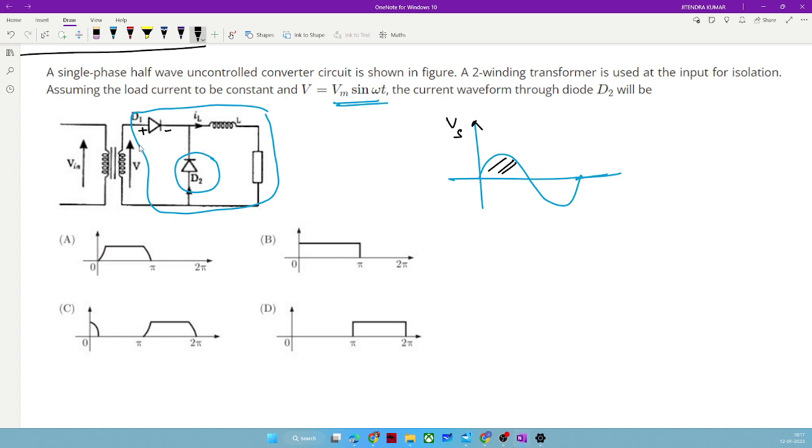How come? Because you see the polarity here, and this polarity is not appropriate for this diode to get turned on, right? So this diode will be turned off and this diode will be turned on